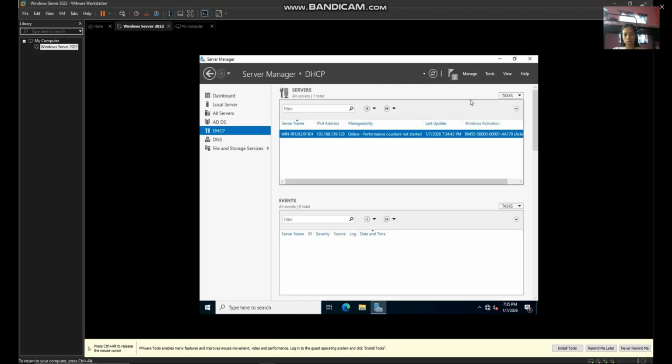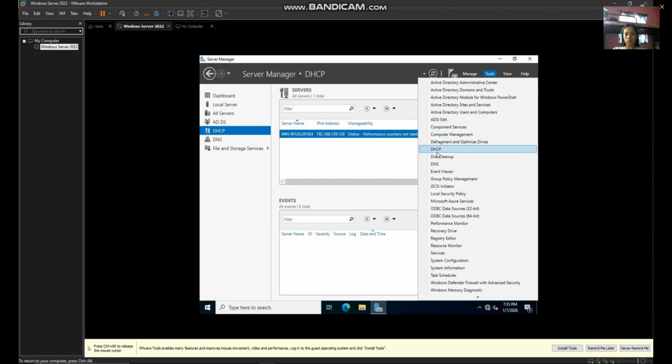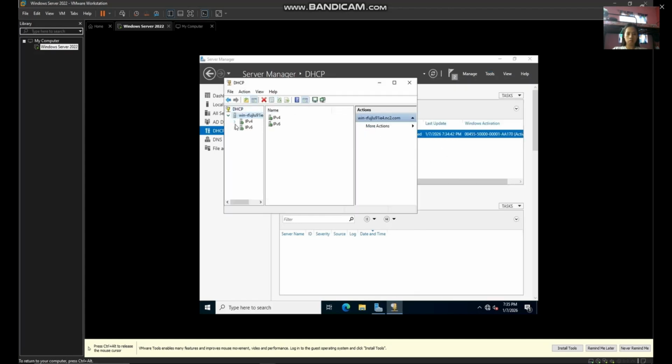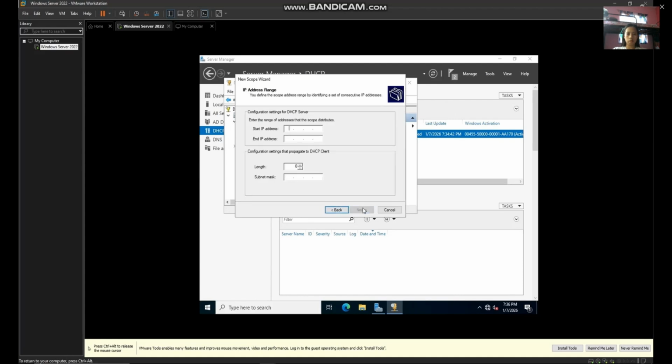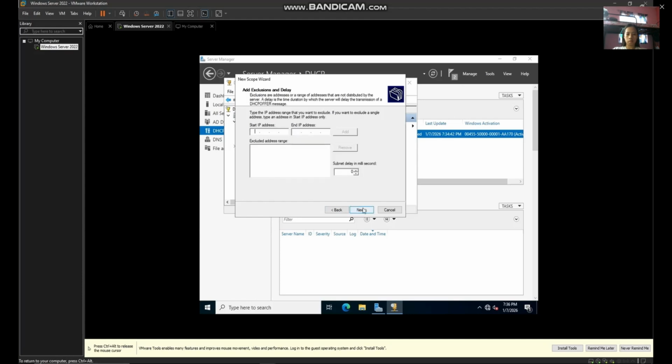We can click the DHCP. So tools, look for the DHCP. New scope. So next, provide try. So type try. Then IP address, start 192.168.1.1, then end 192.168.1.10. Then select next. Type again the start IP address, then end with the IP address.